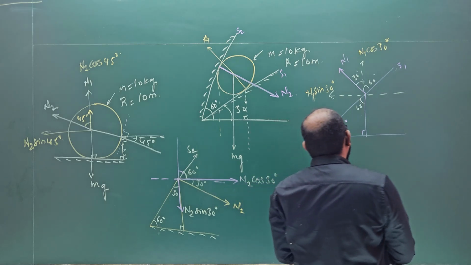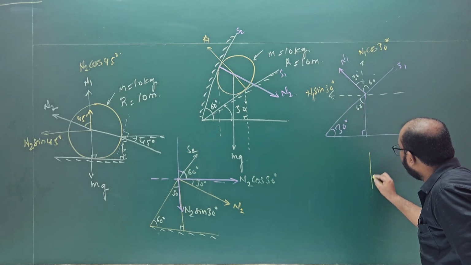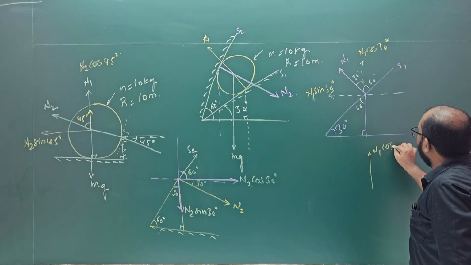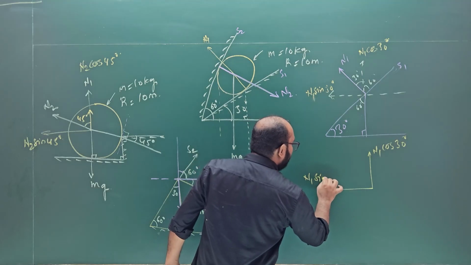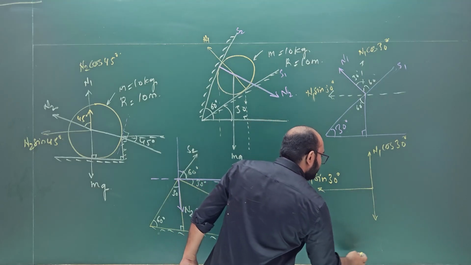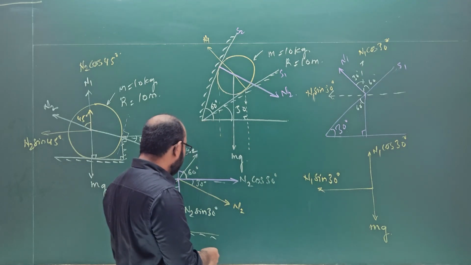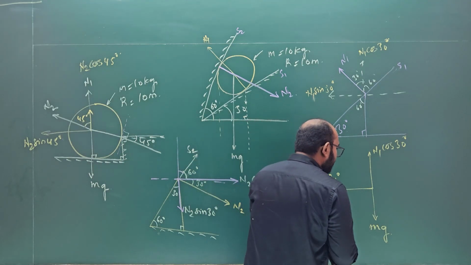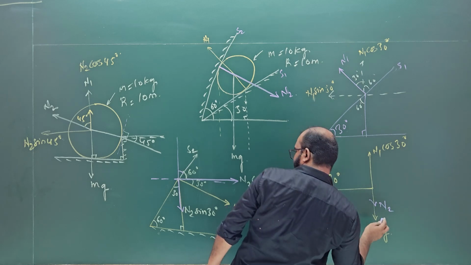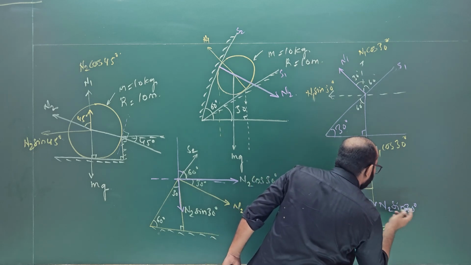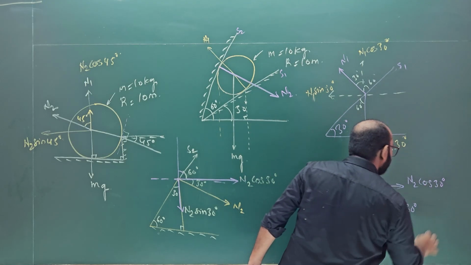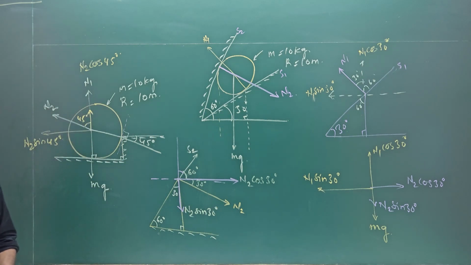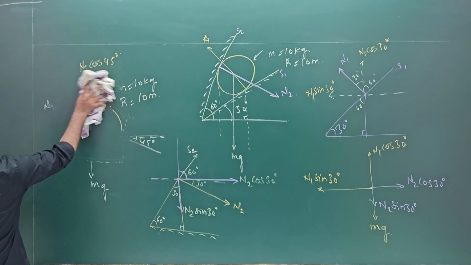Then if I want to draw the FBD, can I say that N1 cos of 30 degree is acting in this direction, and in this direction you will be finding N1 sine of 30 degree, and in the downward direction one thing is acting for sure, that is mg, and N2 sine of 30 degree is also acting in the downward direction. So N2 sine of 30 degree acts in this direction, and over here N2 cos of 30 degree is acting. Did you also make it like this? Okay, then can I say that by substituting the value,